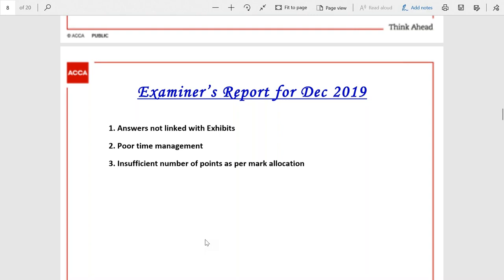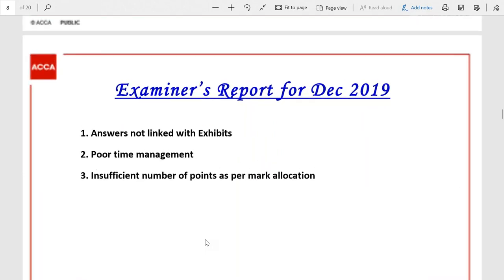So today I will guide you on problem number one, answers not linked with exhibits. Tomorrow I will start with exam techniques talking about poor time management. And then the day after tomorrow I will talk about issue number three. I think that these three are very valid reasons. And if we are not able to fix these three issues, then we do not deserve to pass, right? So you guys need to swear and confirm to me that you will not make these three mistakes, and it is my job to teach you how you can avoid these three mistakes. All right,